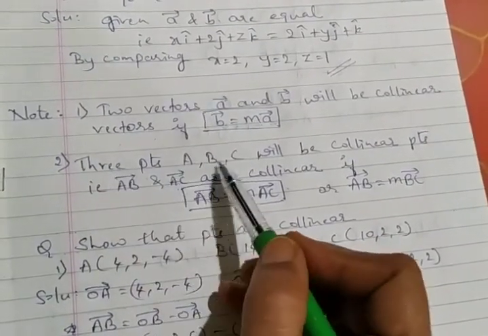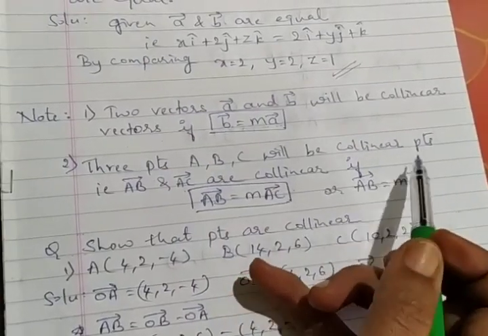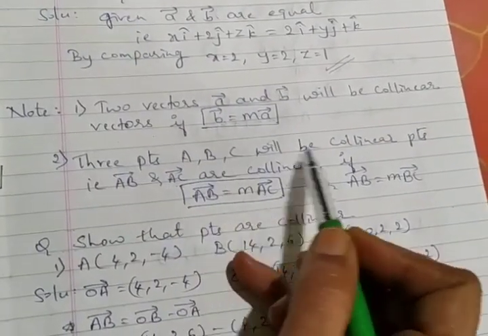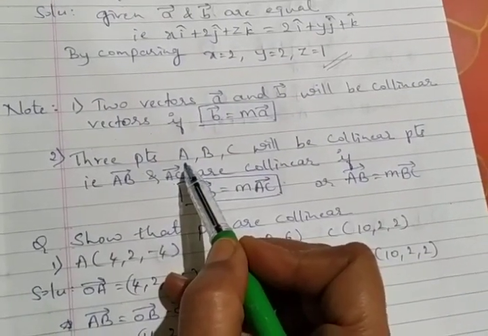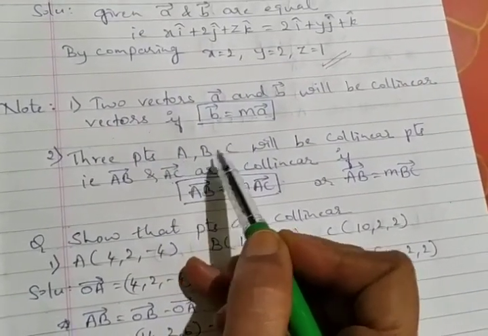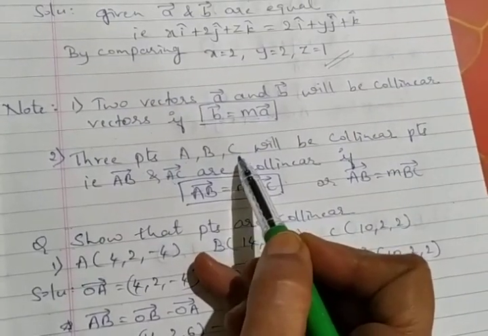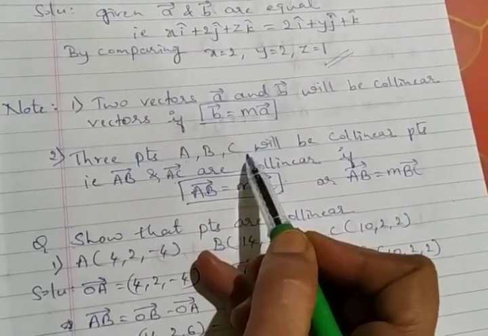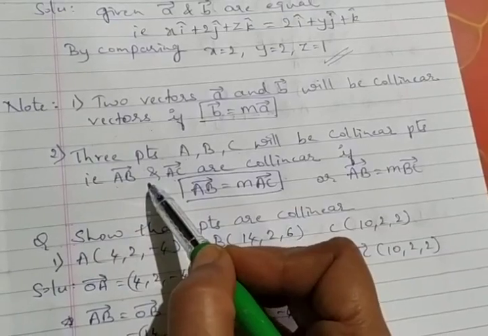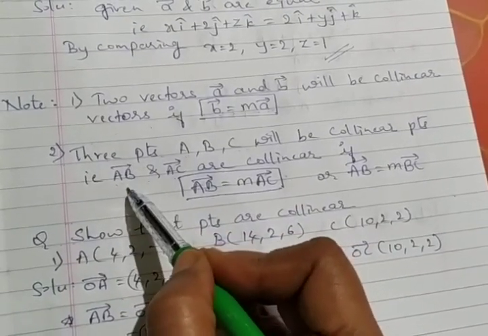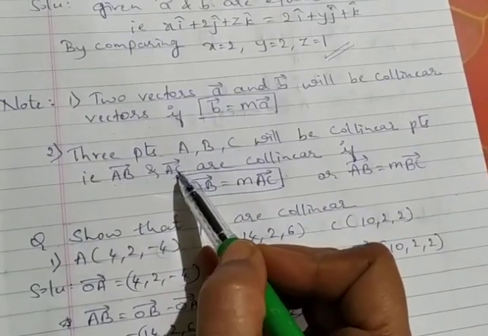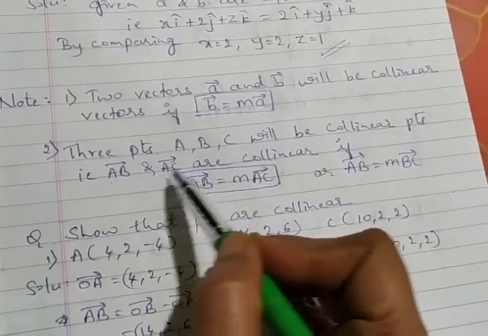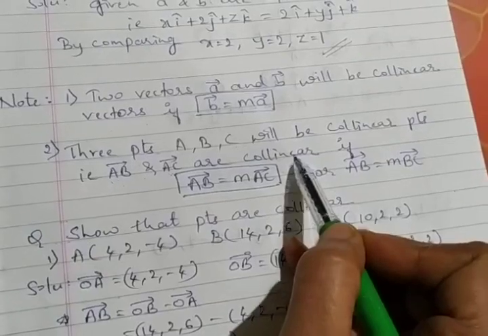Here we say 3 points A, B, C will be collinear. To declare that 3 points are collinear, let us find out once again, points are given. I mean to say OA is given, OB is given, OC is given. So you have to prove here that 3 points are collinear. For that, I should approach for the AB vector. Now, how to find AB? You know it very well. Formula: OB minus OA. Find out the AC vector, formula OC minus OA.